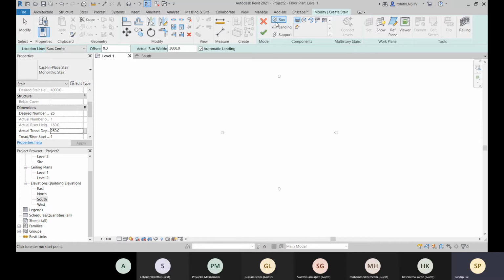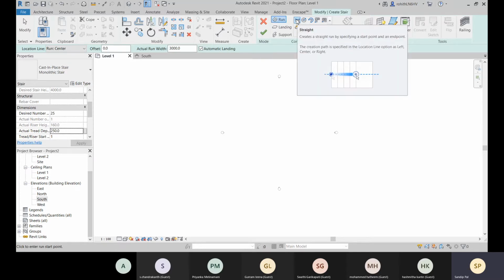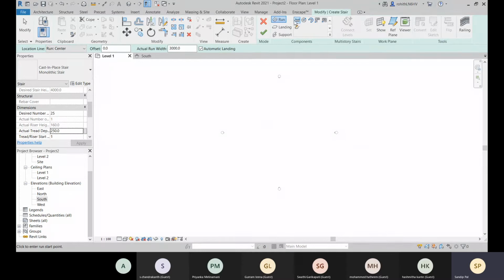Okay, and now this is the run, and we are going with this straight type. Let's specify 12, so I'm specifying with the center line option. The location is center, so this point will be defined as the center of the stair.